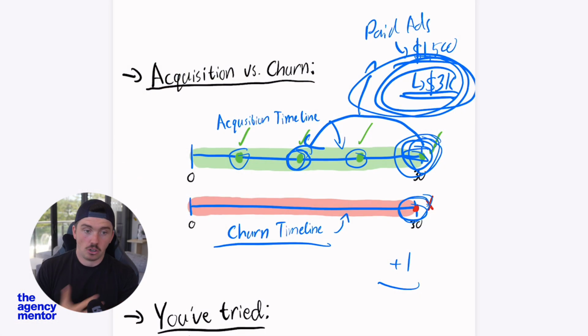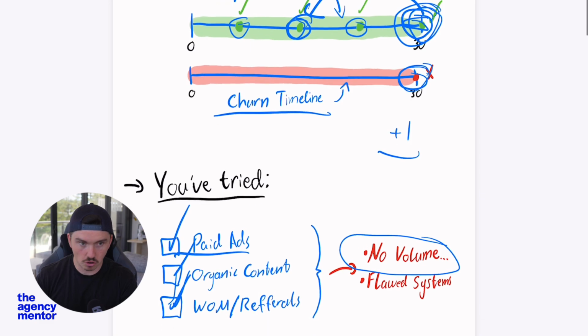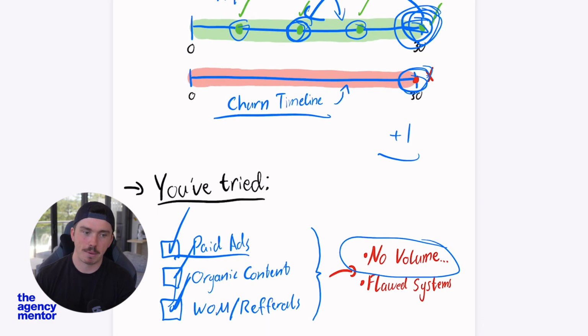All the clients that work with your agency right now, eventually over a long enough time period, they will all leave. But how fast are you acquiring clients compared to how fast you're churning them? And that's the biggest thing that I want you to take away from today's video: look at the activities. Even though you might have tried word of mouth, referrals, organic content, paid ads, all that kind of stuff, make sure that if you do have it running in your agency, you're making good creatives, you have a good landing page, you're nurturing your leads, that you're giving that beast enough fuel to rev its engines